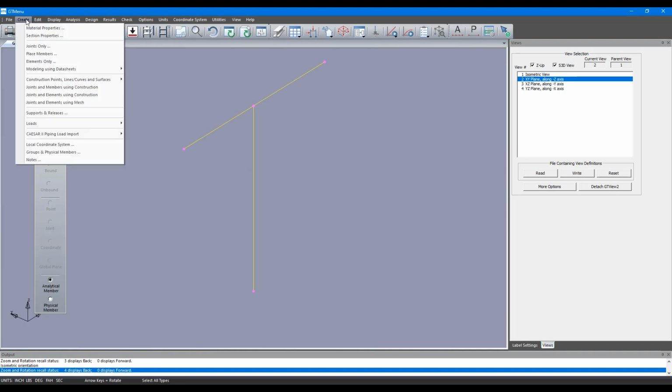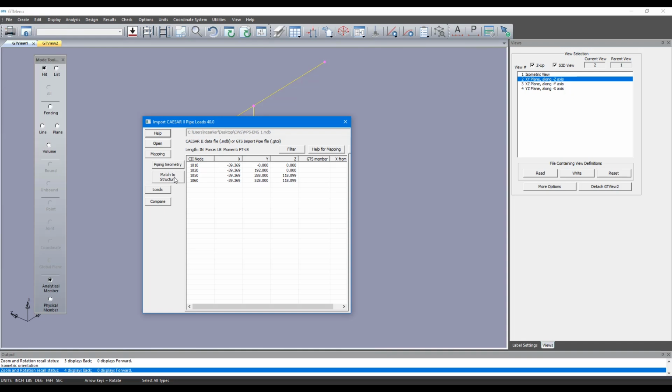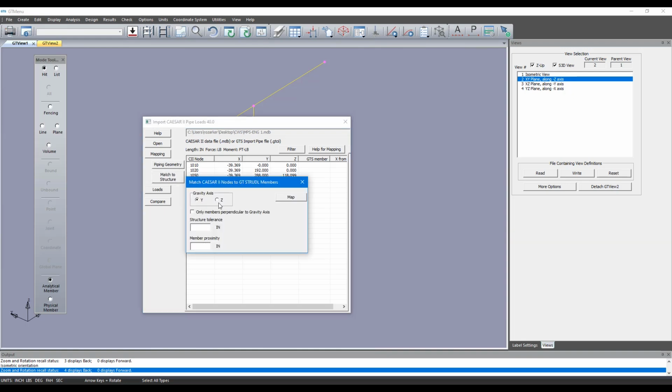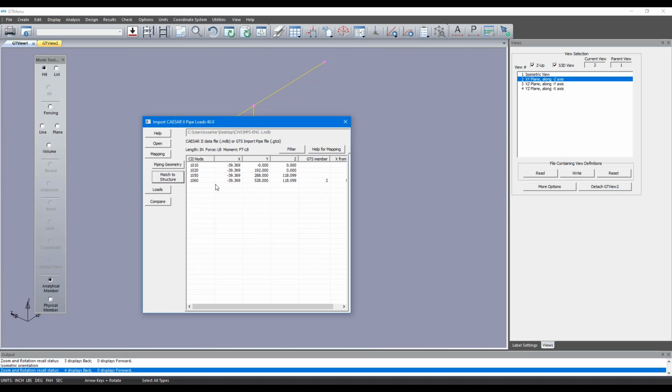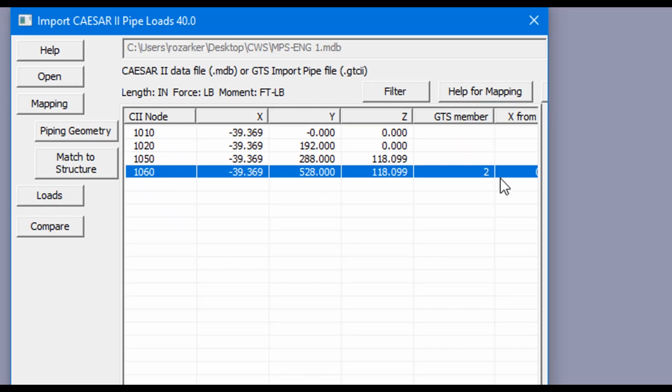Now we're going to go in and import the loads. So we go to Create, Caesar2 Piping Loads, Caesar2 Piping Import. Here if I go to Match to Structure, our axis of gravity is the z-axis, and let's say we wanted to do a search in a 100-inch radius, we have found one node match, a restraint node matching. We can just say map that and save the mapping, and you see now 1060 is mapped to